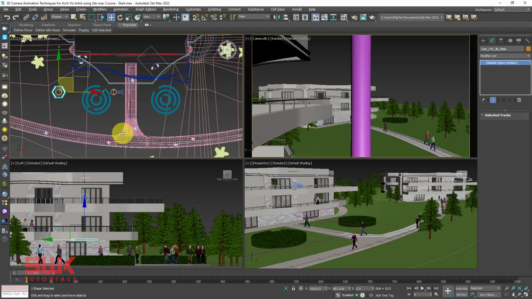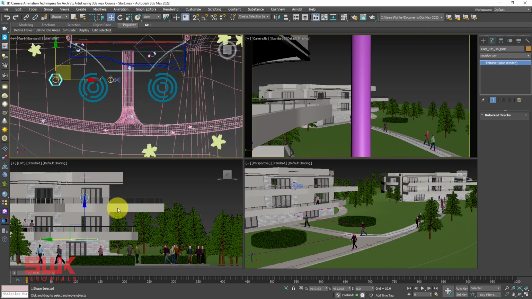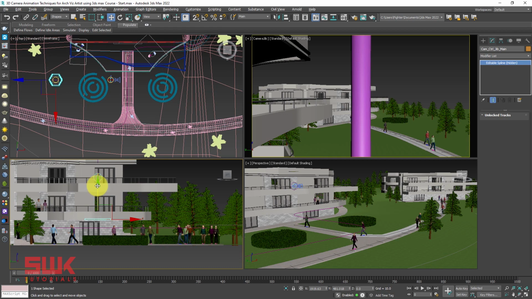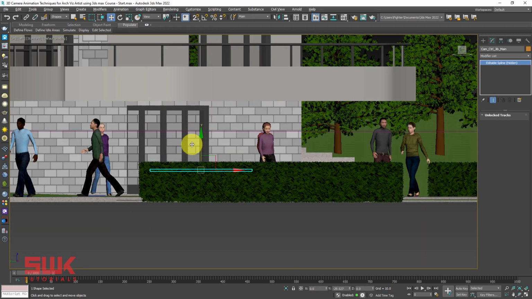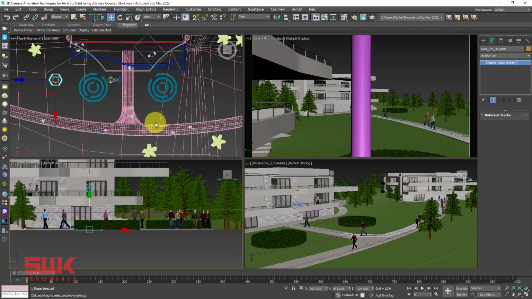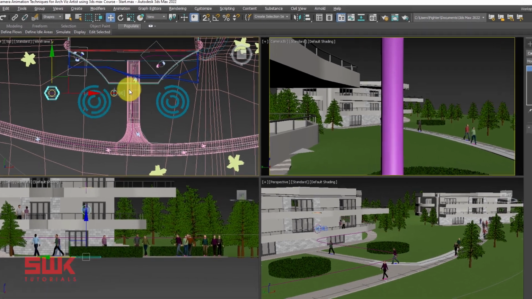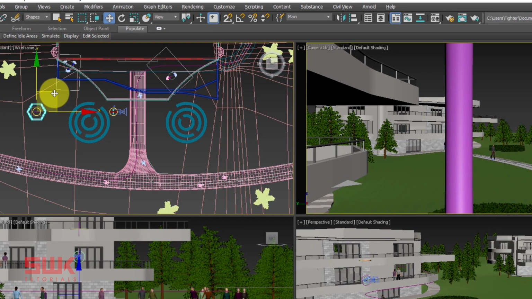So now back to our scenario, first I will put my main rig in my front viewport or any viewport on the ground. This is important, put it on the ground. Then I will try to move my camera or main controller in between these two.